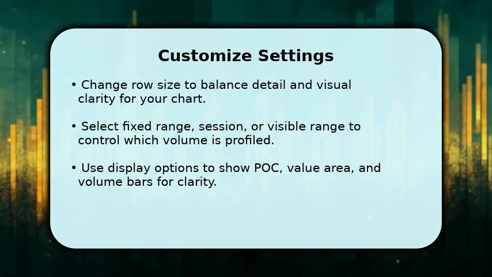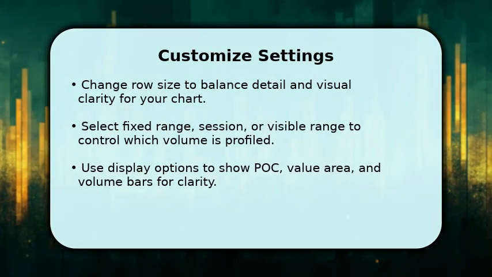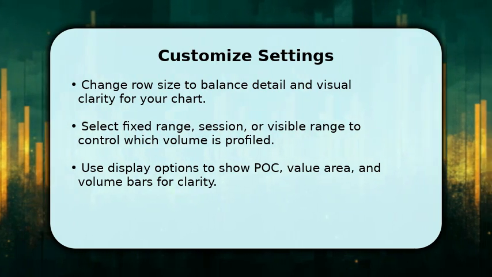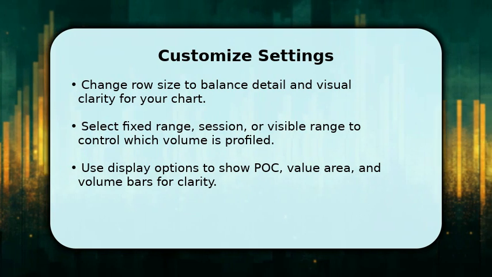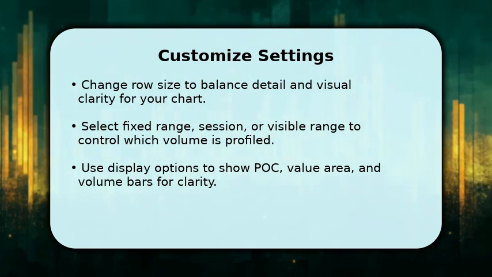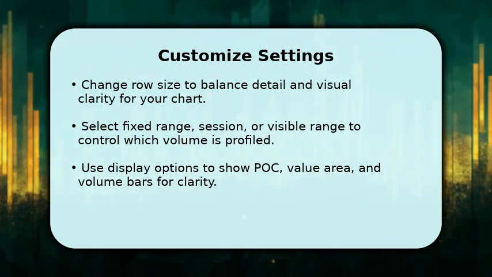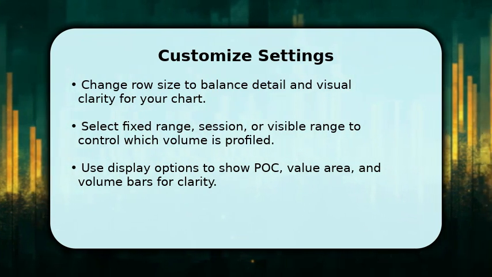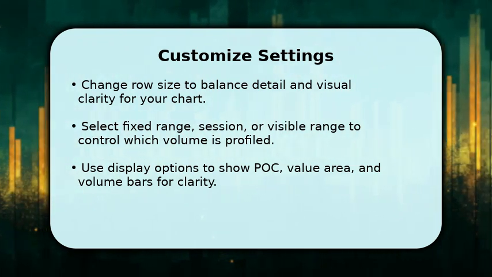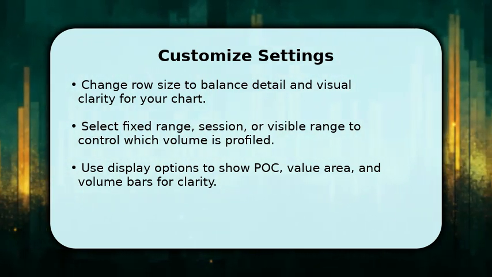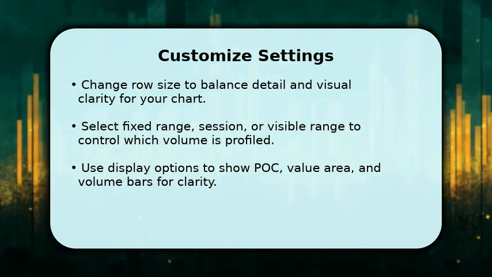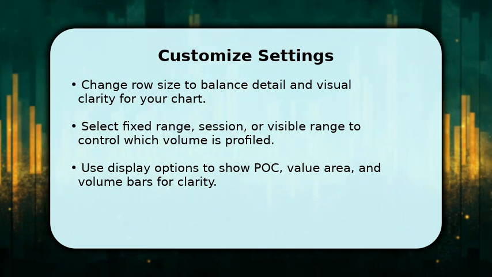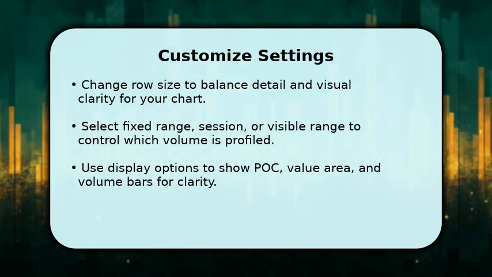To make the volume profile useful, tweak the row size and display options until it feels intuitive on your charts. Smaller row sizes reveal more detail, while larger sizes smooth noise and highlight broader levels. Choose fixed range for specific swings, session for intraday context, or visible range for what you see on screen. Turn on POC and value area labels for quick reference, and save a custom study set to reuse across layouts